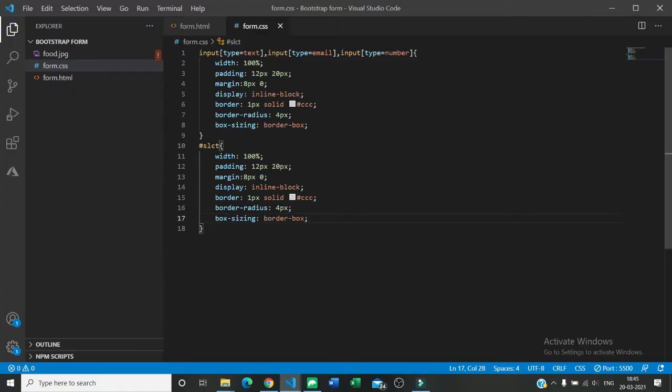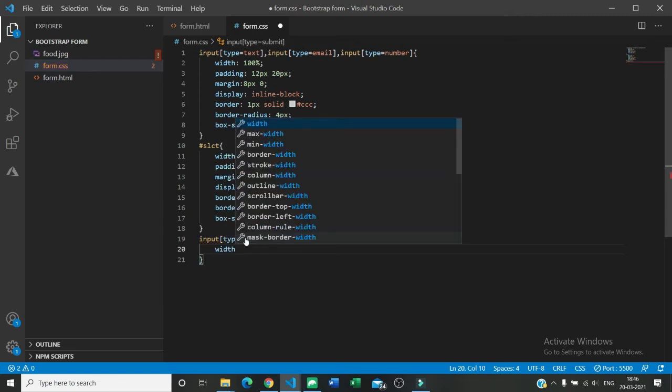Now after this, I want my button to be a little better looking. So how to do that? Let's start with input type button. Input and type should be submit. So input type equal to submit. Now width, again I want 100%.